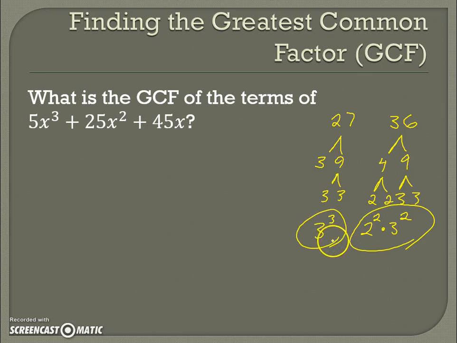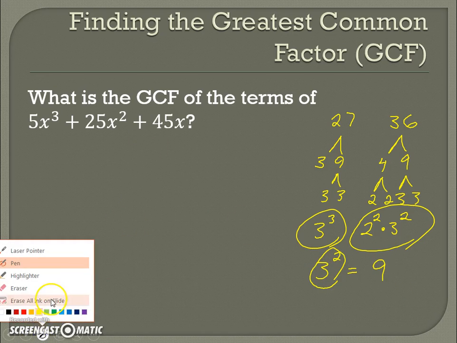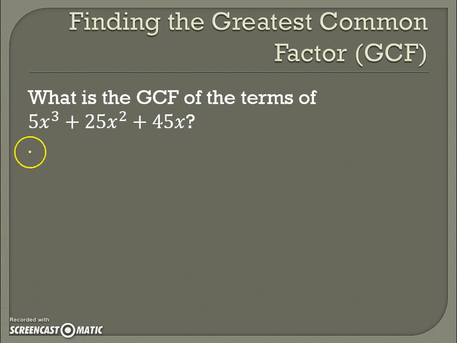That's what this means. This has 3 3's. So what is the greatest number of factors that they both have? Well, they both have 2 3's, which is equal to 9. The greatest common factor between 27 and 36 is 9 because this is the largest exponent that they both have. All right, so if this has 3 3's and this has 2 3's, then what's common among them? Well, 2 3's. So that's the way I want you to think about these. So the best way to find the GCFs of these polynomials is to write these out